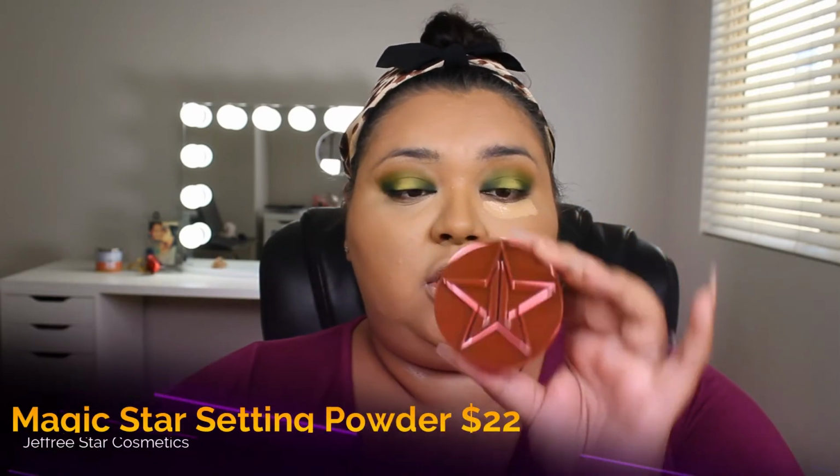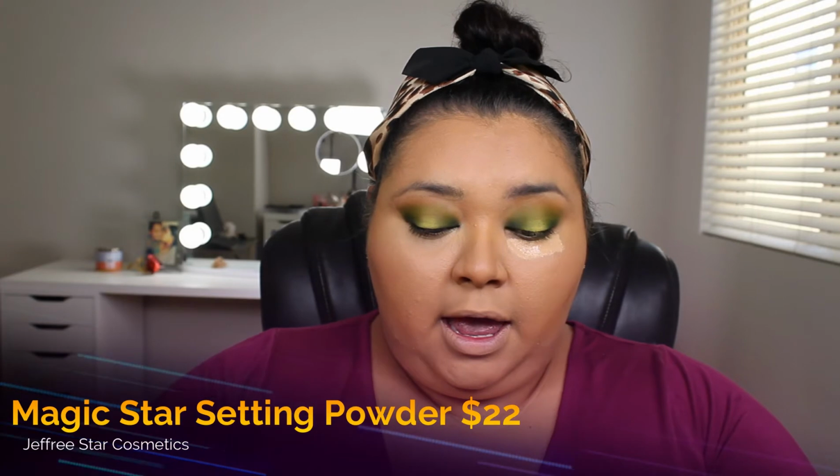And for translucent powder to set this, I went ahead and I picked up the Jeffree Star translucent powder, and I actually have not tried any of his powders. I've been trying to get my hands on them, but they're always out of stock, honestly. And I appreciate that he has a nice long tab for those of us that wear nails. So I'm just letting a little bit come out,